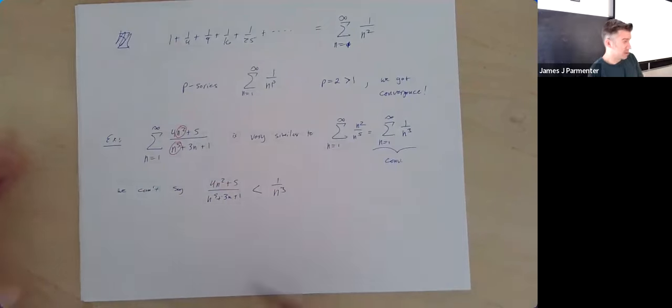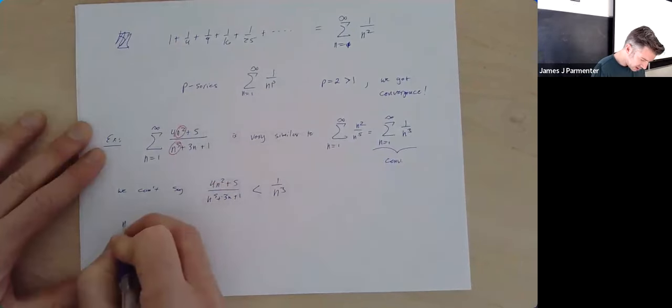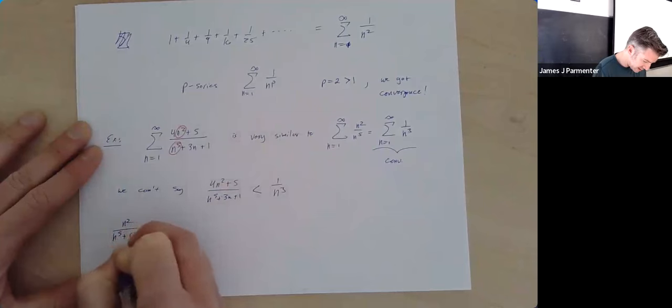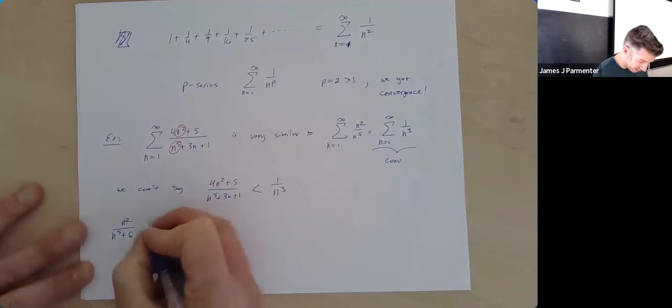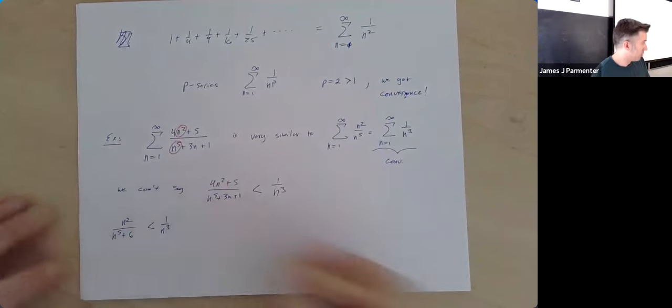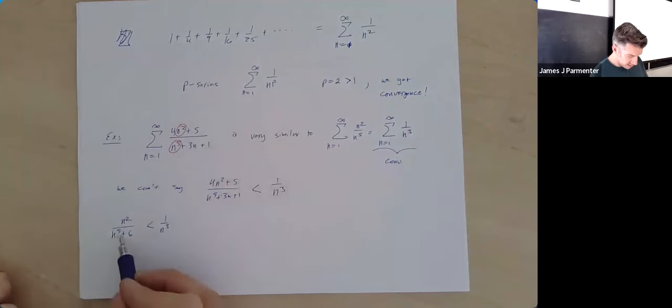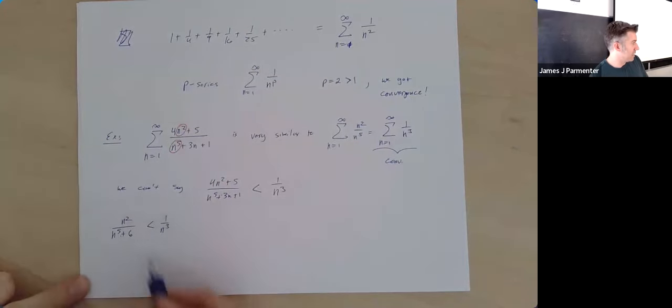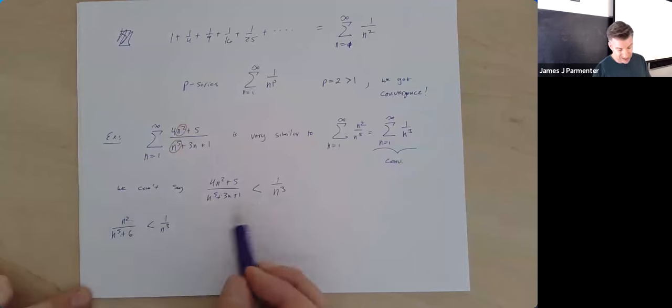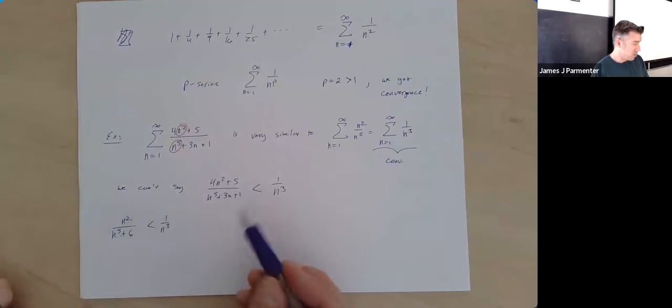If we were dealing with n squared over n to the fifth plus 6, you could totally just do a direct comparison like that, and that would work out just fine. You could say that series converges because it's less than a convergent series. But here, since we can't just say it's strictly less than, what we're going to do instead